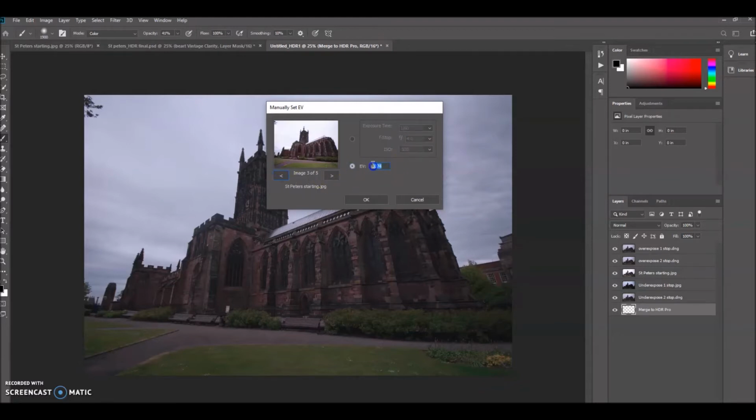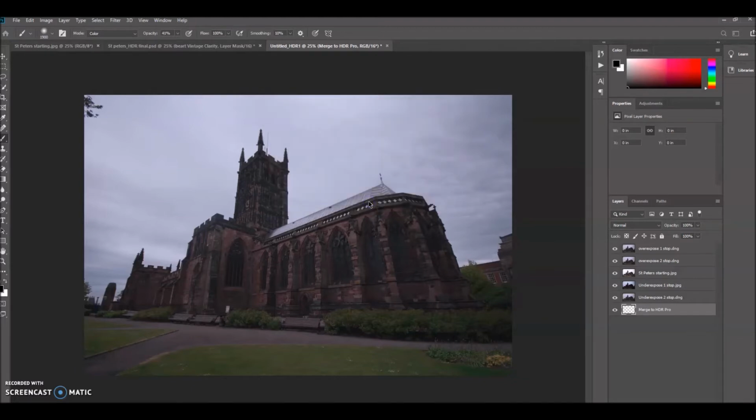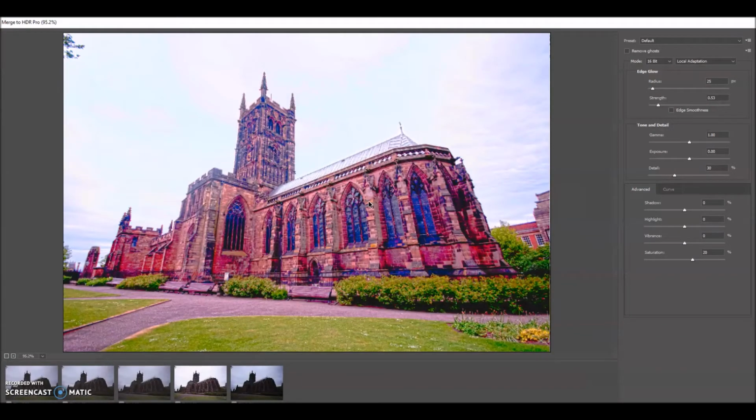The EV on that one, the exposure value there, was 0. The one there was +2. The one here was overexposure, so that was +1. Back to the other end, that was -1. So 1 stop under, and then here we had 2 stops under, -2. And press OK. And that's going to run them, and it's going to give you, like all HDR, a very, very, very HDR image,